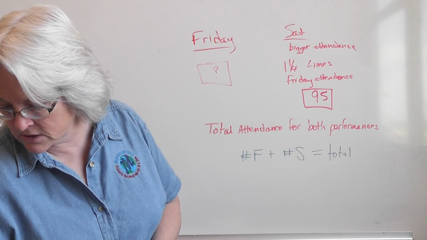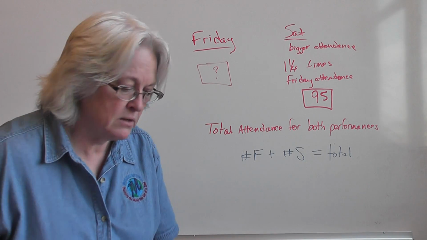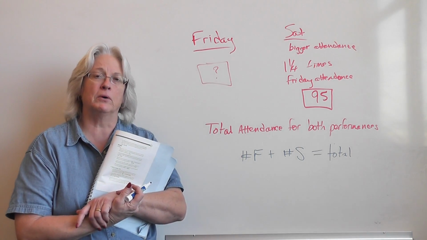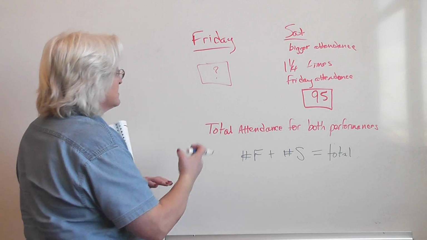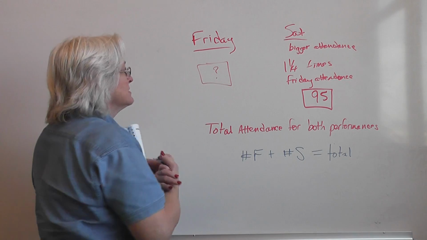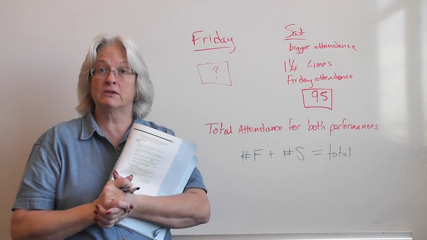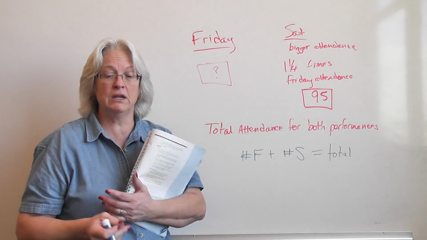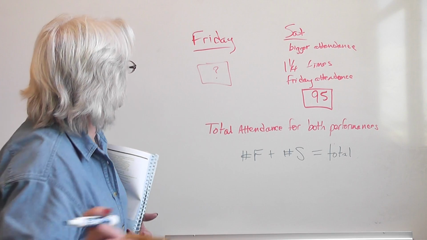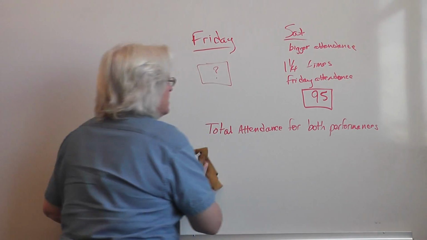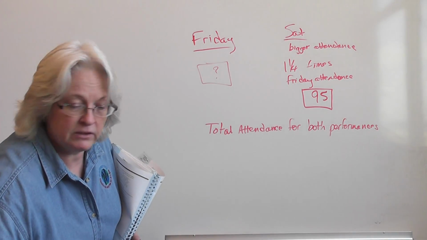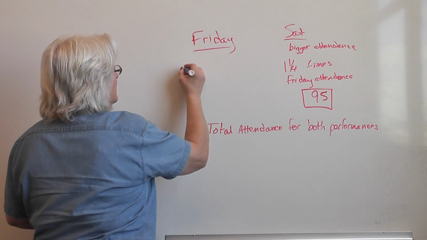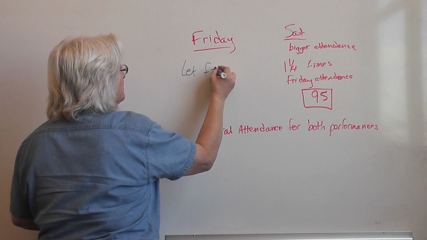So let's consider some more. What are we going to use for our variable? Well, it makes sense, since we are missing a piece of information here for Friday, doesn't it make sense that that would be our variable? Let's go ahead and put our unknown be Friday, because we know we need to have that piece of information. So what can we do? Let's just come up with an attendance variable, okay? I'm going to go ahead and follow their example in the book of using f. And let's just say, let f be equal to